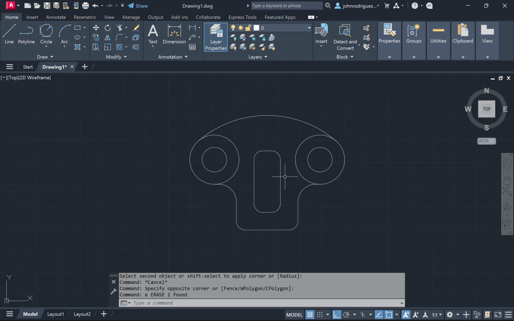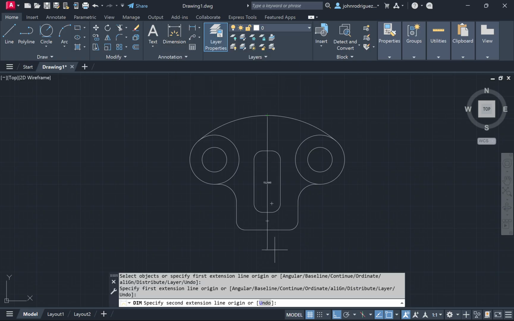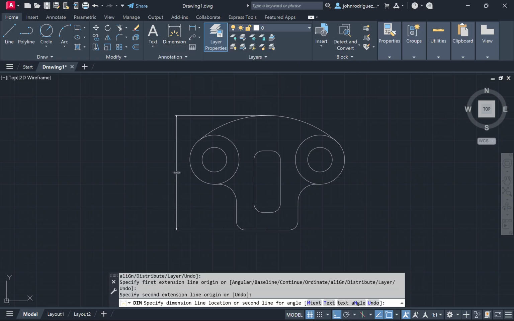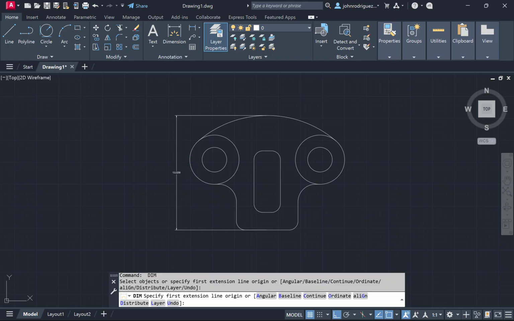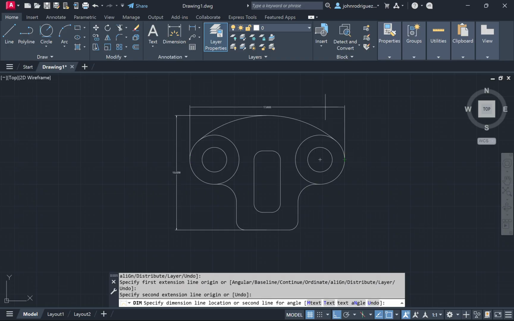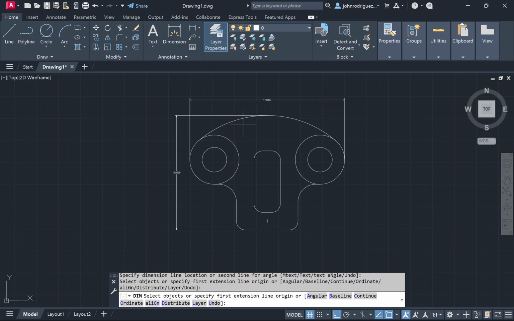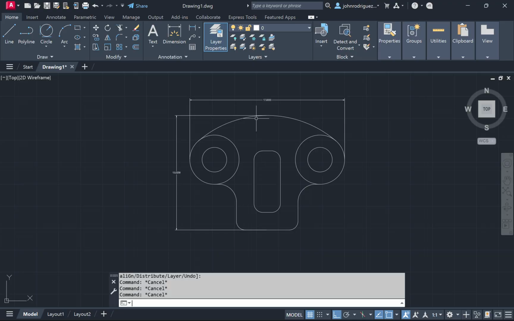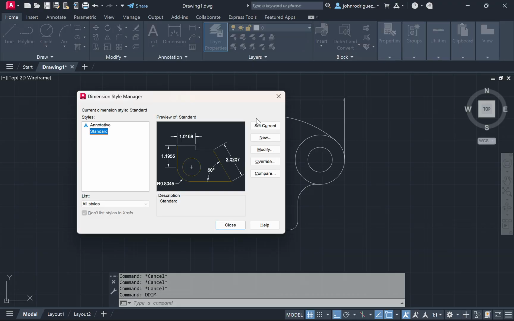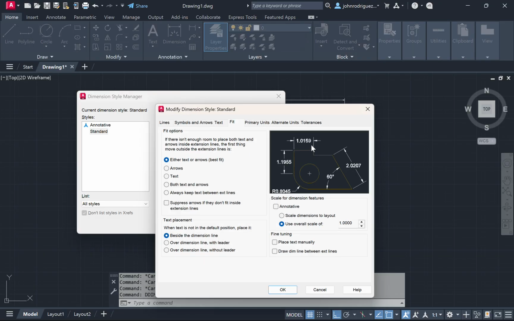We'll do our QDim here. Quick dimension. Click the top. Click the bottom. Bring it over. Click the left quadrant. Click the right quadrant. Bring it up. And then lastly, so that it can show, press escape, DDIM, enter, modify,